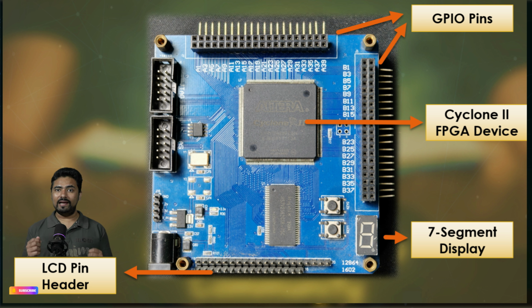The other thing that is highly useful about this development board is that it has these header pins. These general purpose input-output headers on the board let you easily connect other hardware to the FPGA for experiments. This flexibility is great for trying out new ideas. This is quite useful if you want to experiment by plugging other hardware modules onto your FPGA development board. There is also an LCD connector at the side, which means you can connect and control an external LCD device with this FPGA. This summarizes what we will cover in this course, giving you a good understanding of FPGA designs.